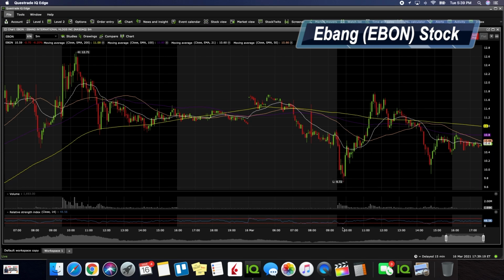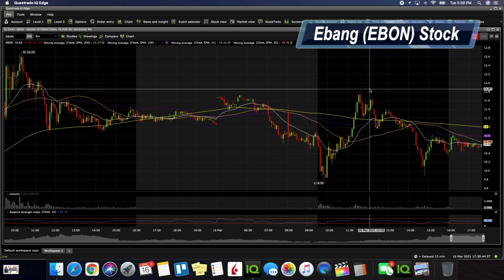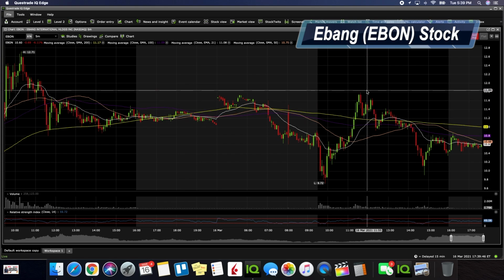If you take a look even at the RSI, this was definitely in a buy category if you see it at 22.23, right? When we end up having that strong move from $9.72 all the way up to $11 and let's call that 78 cents, that was impressive. I would highly suggest anyone who's looking to get into EBON, I think I got a question like this on one of my YouTube videos. Like, I feel like the $9 range, if you see it get back there, it is a no-brainer.